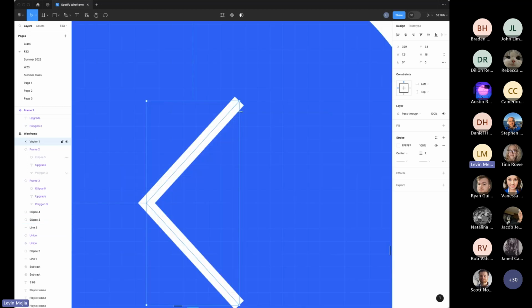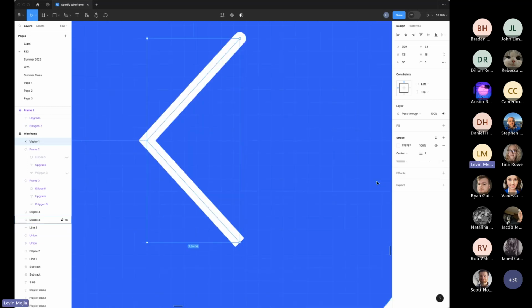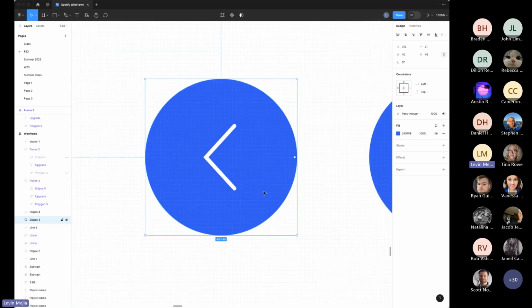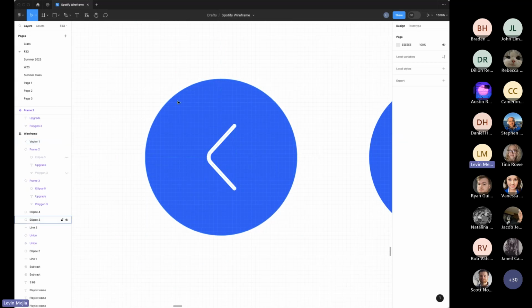Now, these corners are a little bit too harsh. You can just go in here and add some rounded ends to them. And there you go. Just like anything else, you can also add a border radius. This is still kind of sharp. You can add 2 border radius. Now it's a little bit